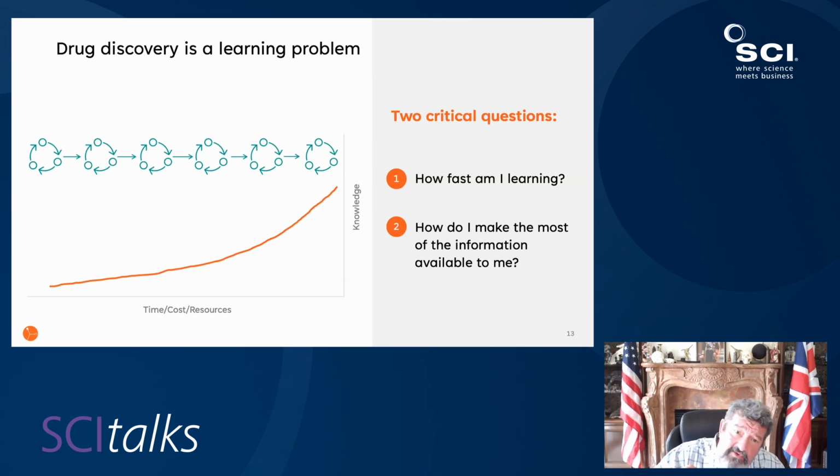So when you're operating this iterative, 20-questions sort of game of moving towards a drug candidate, some of the important things to consider are how fast you're learning. We want to learn in the most efficient way possible, and also how do we quantify the information content in this optimization towards the target function, which is the properties of this target product profile, the pharmaceutical product-like characteristics of the small molecule, of which potency is often a relatively minor component.